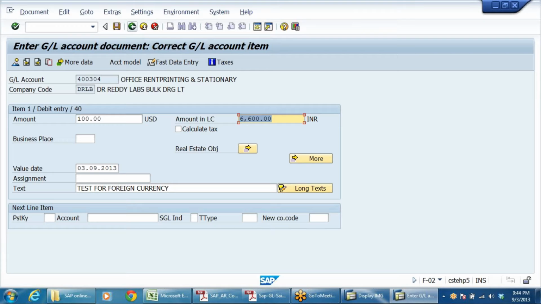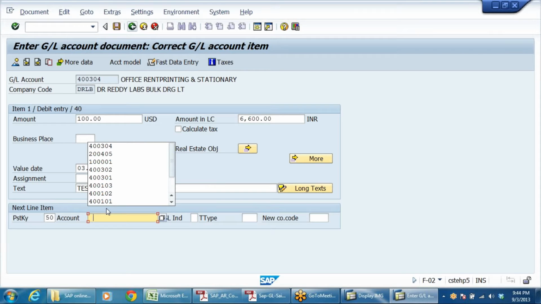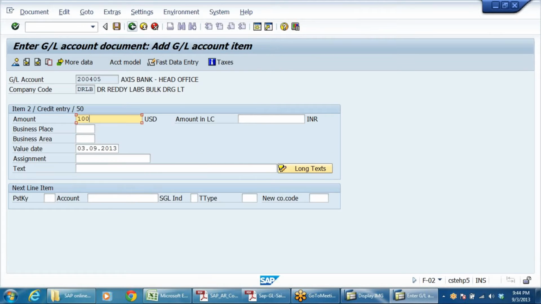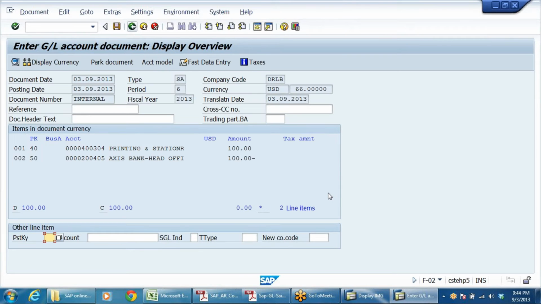Yeah, that is only for valuation we'll do. I'll show you. Right, here I'm taking my bank account 50200405, same 100. See 100. Okay, let me save it.